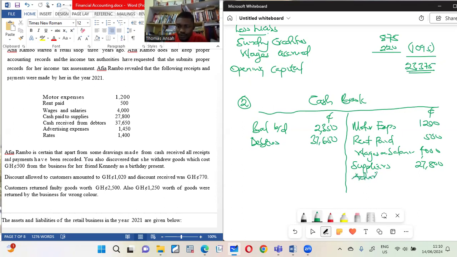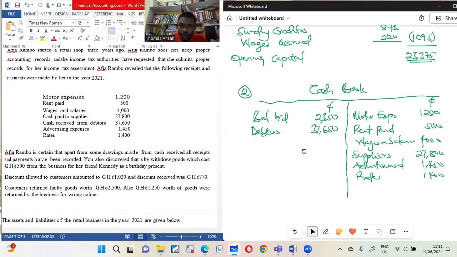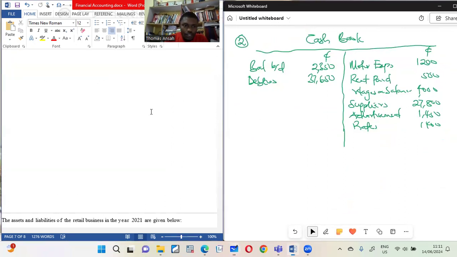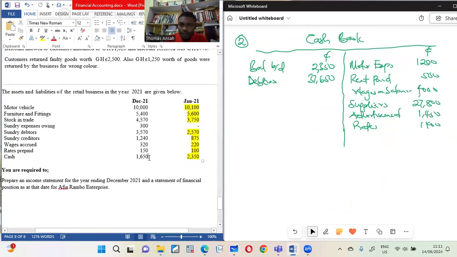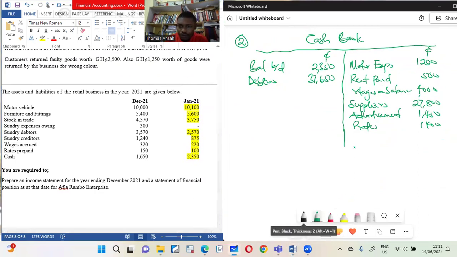Then what else? Advertisement, 1,450. Then we have rates. So rate is 1,004. Were we giving balance carry down for our cash? So let's go and check. Yes, we were. So balance carry down. You see, I've left a little space. All right, which is 1,650. So if I total everything,